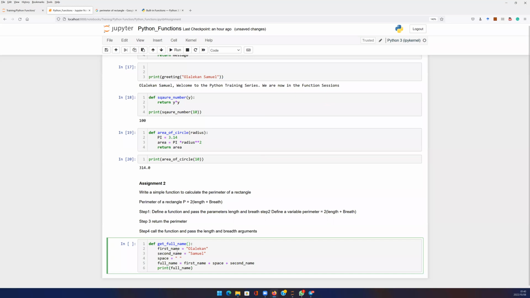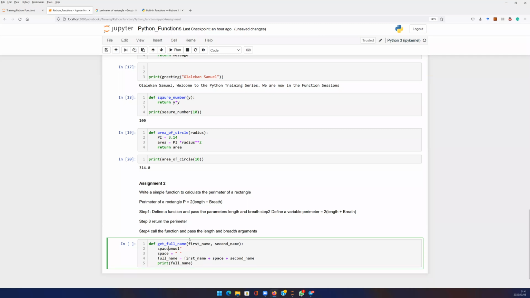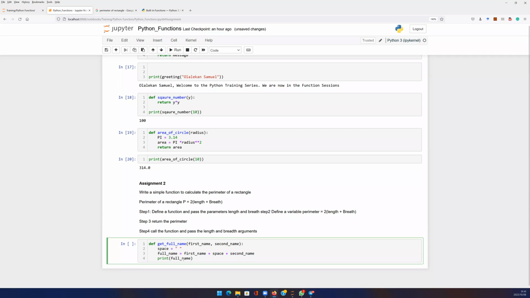And here, I'm just going to say first name. Just follow what I'm doing. Say first name, comma. I'm going to say second name here, right? Those are 2 parameters. You don't have to put the space there, so you can say space. Oh, I actually have it already. So let me just delete this. Right. And then you say full name equal is the same thing. And then here, instead of saying that, you say return, right? Full name,